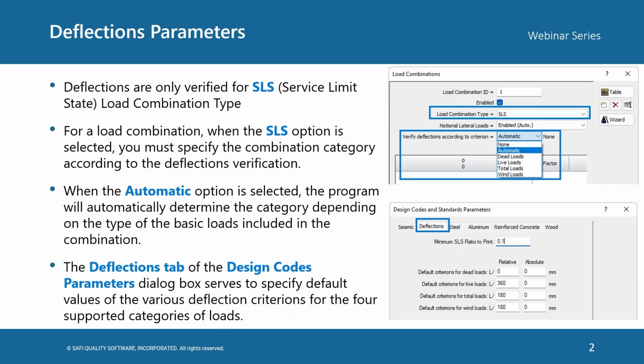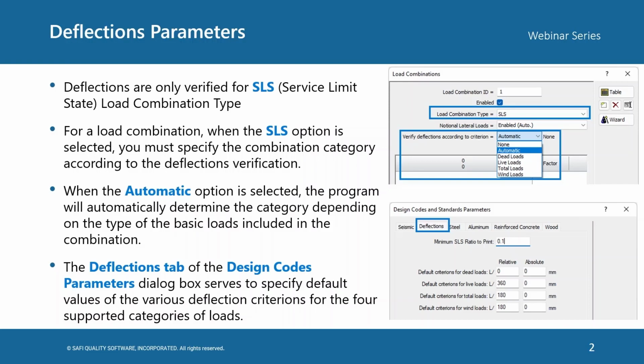In this video, we're going to have an overview of member deflections. Deflections are only verified for the service limit state load combination type. When the SLS option is selected, the user must specify the combination category according to the deflections verification. When automatic option is selected, the program will automatically determine the category depending on the type of basic loads included